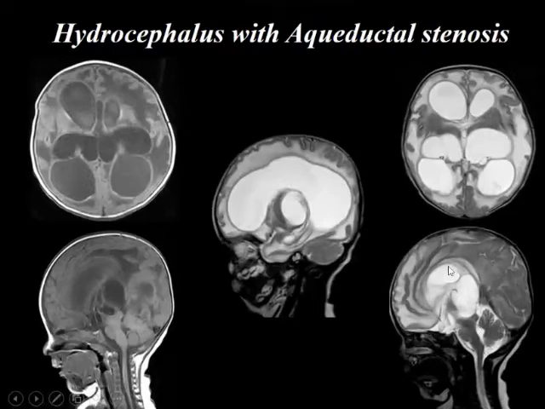Then you start seeing dilatation of the third ventricle. You also see dilatation of the lateral ventricles. So quite a common condition. So what do you people do? Now you know there is an aqueductal stenosis, but you have to open up an alternate pathway for the CSF to flow out and get absorbed.